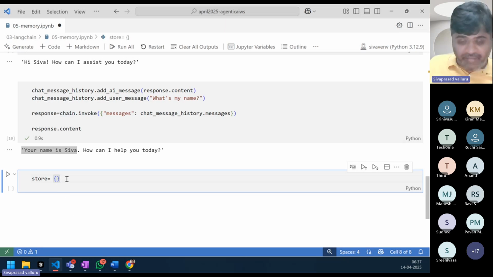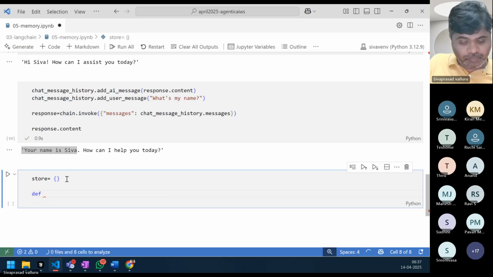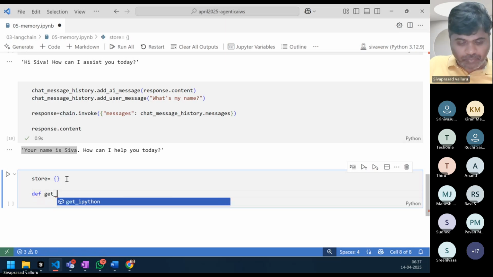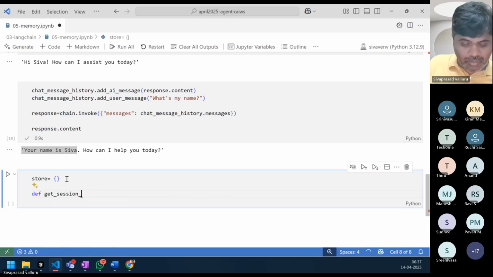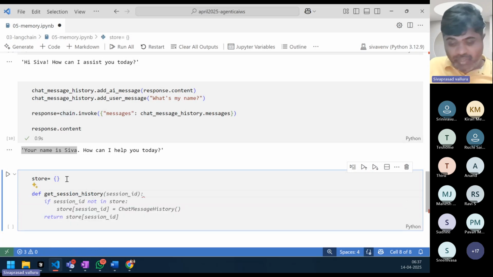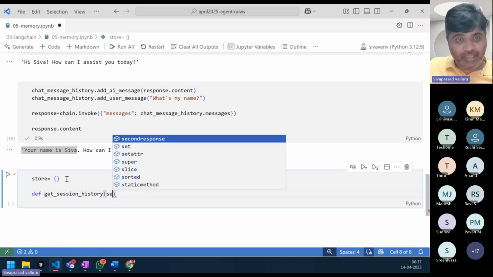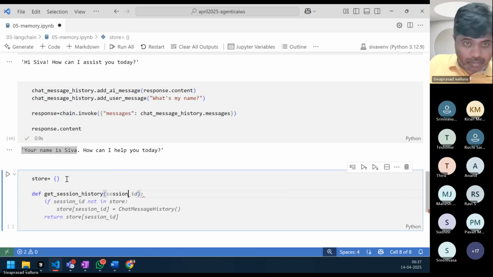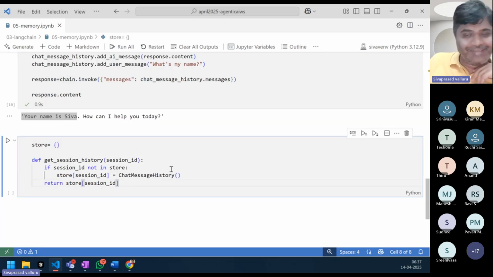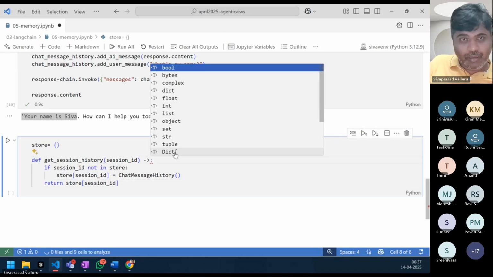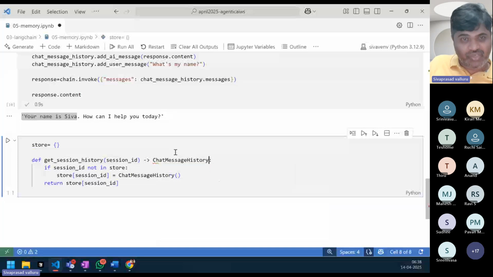Now I will write a function def get_session_history, which will take a session ID. You can see this logic which is automatically generated. Let it return chat message history. So I wrote a function which will take session ID and it is checking if session